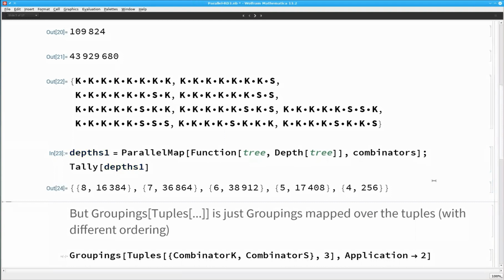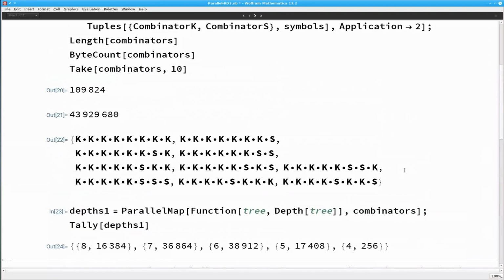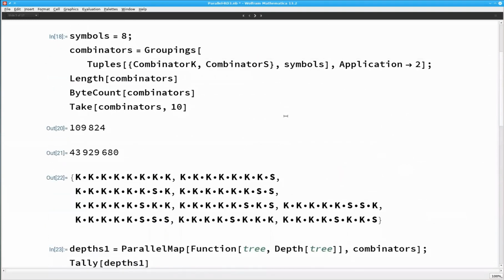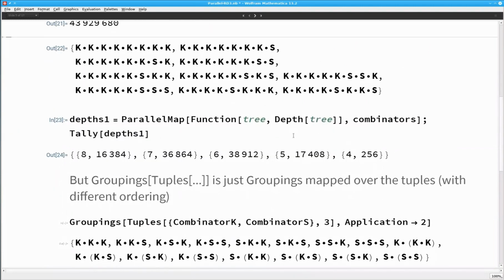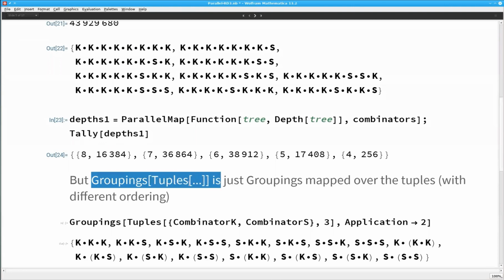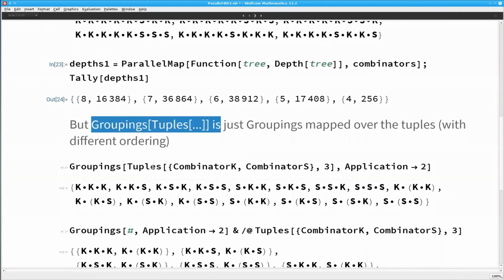It's now running. Now, the way to analyze this problem is that you never actually need all of the data at the same time. So the big insight here is that you don't generate all the data at the same time. Now, what we did earlier was that typical groupings of tuples, the tuples generates all possible combinations of these S's and K's, and then for each of those, the groupings generates all the binary trees. But this can really be thought of